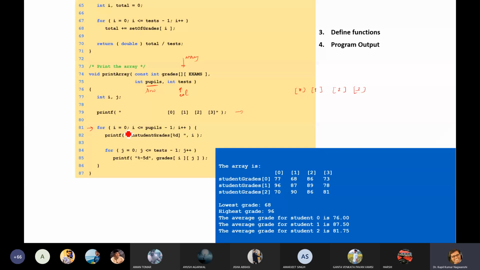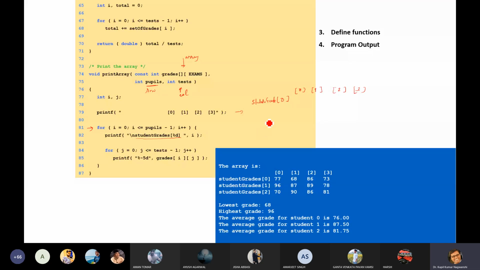For i equals 0, what will it print? Student grade %d. It will write a very simple thing: student grade, then brackets, and inside that %d, i will be coming.